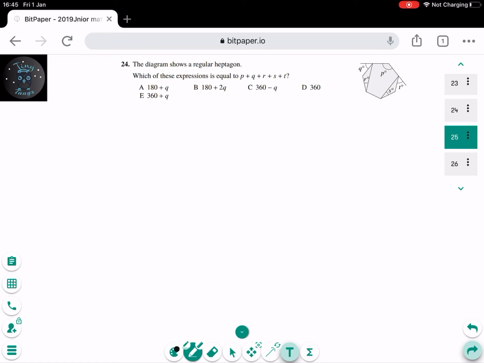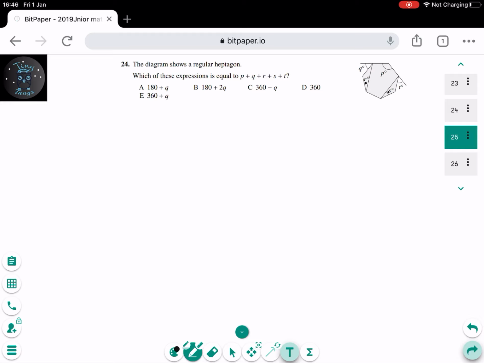For question 24, you don't need to work out all the angles. So what I would do here is, because these triangles are the same, angle R and S are the same. So R and S are the same. And also